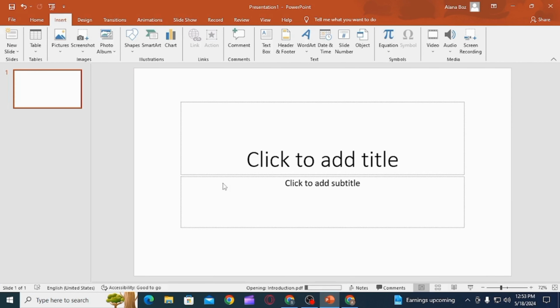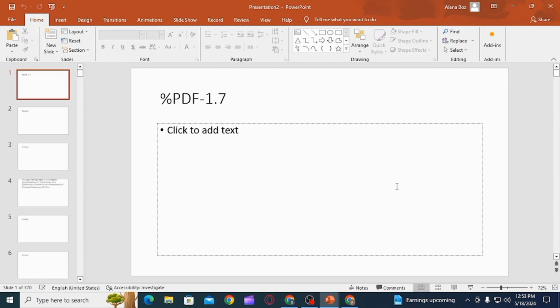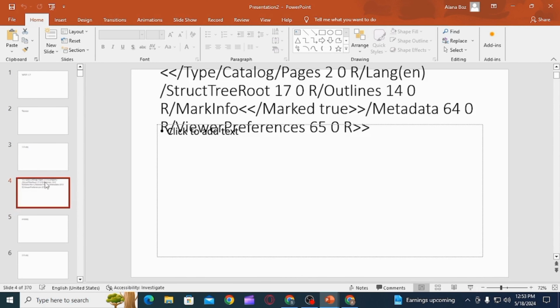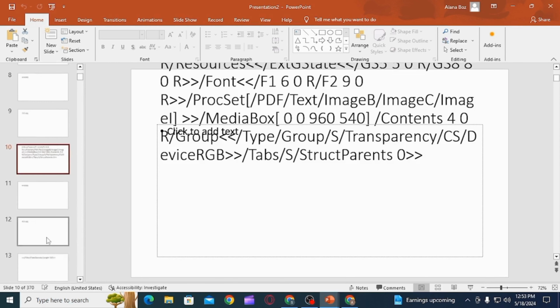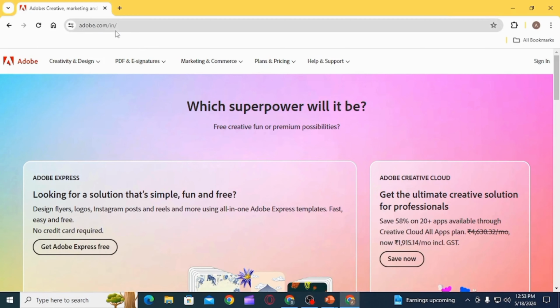When you do that, you will find that the PDF file has not been properly converted into PowerPoint. Now that is because in PowerPoint, PDF files are not accepted. So if you want to convert your PDF file into PPT, you want to open up a web browser, then